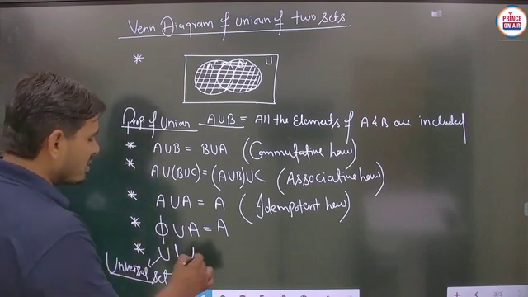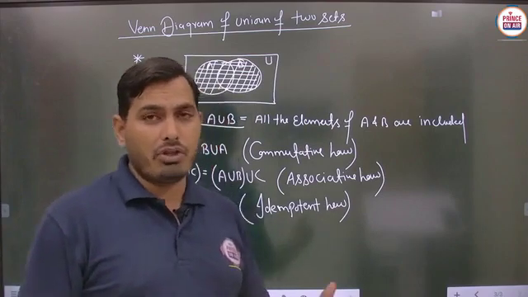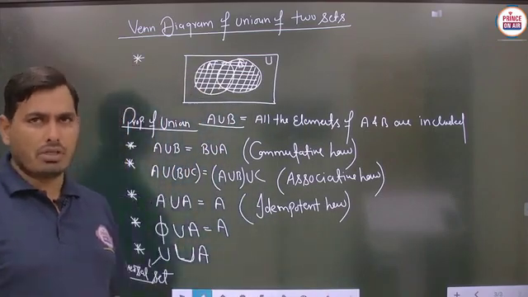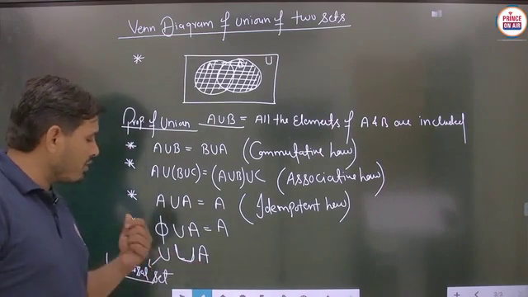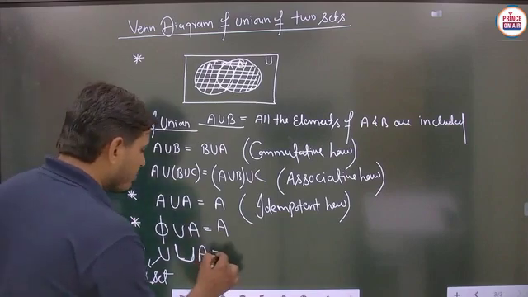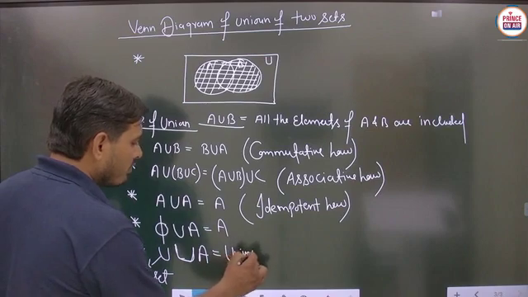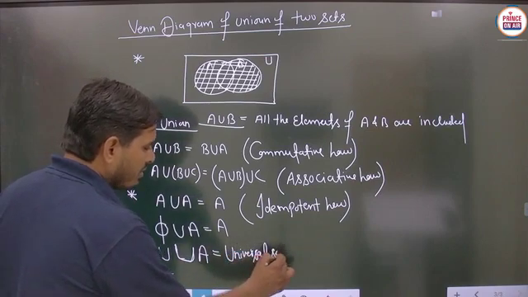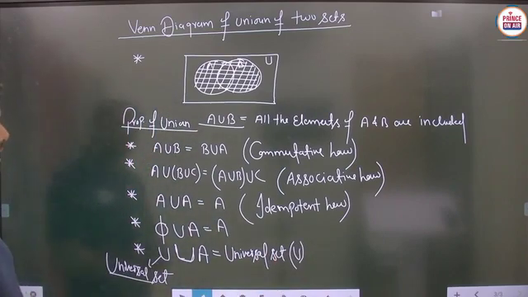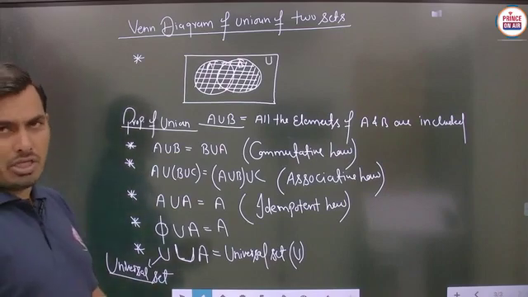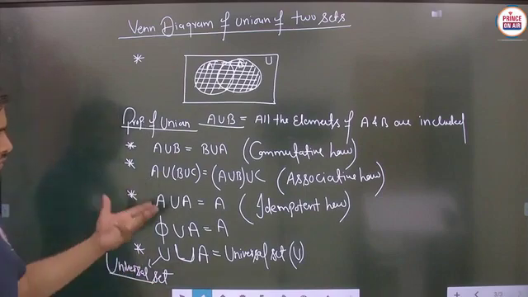Suppose the universal set is taken with the set A, and A is any subset. This is declared as the universal set, and A is any kind of subset, no problem. If we take the union of both the sets, then definitely, student, you will get the answer as the universal set. Is it to be clear? And generally we represent this universal set by U. So these are some basic properties, and these properties will help to solve many kinds of questions here. Then definitely you will understand each and every case.